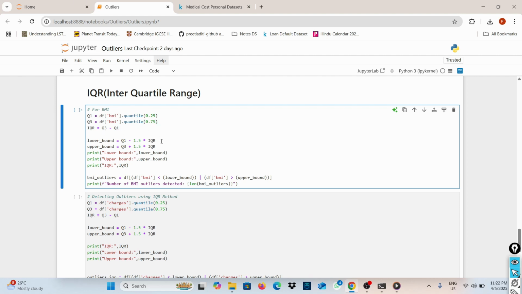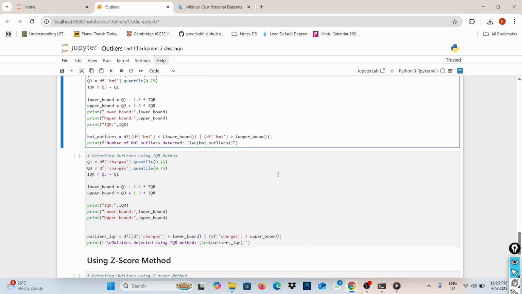and using the basic formulas that we have already studied to find the lower and upper bound, simply printing them. Then I'm saying that from the data, fetch the column BMI, and if the records in that column are lower than the lower bound or above the upper bound, consider them as outliers.